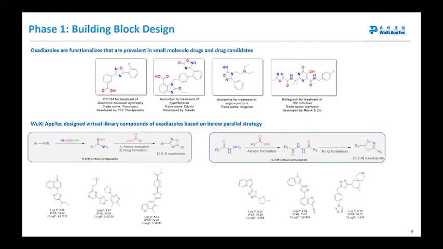This is just a continuation of phase 1, showing that we looked at oxadiazoles and the functionalities that are prevalent in certain small molecules and drug candidates. As you can see, PTC124 for Duchenne, azilsartan for treatment of hypertension, raltegravir, and other drugs, which I'm sure I'm butchering, but as you can see, the